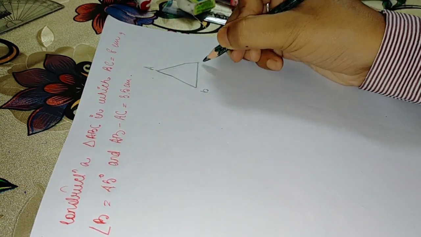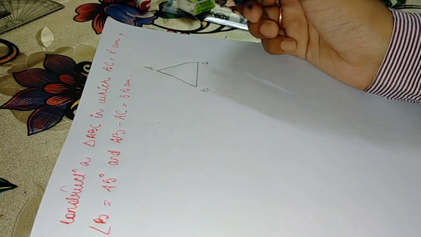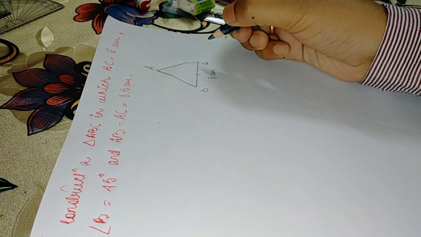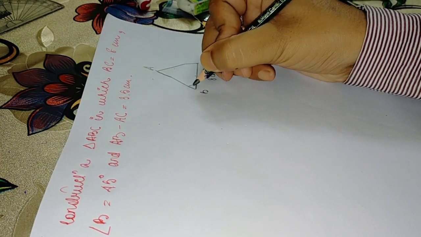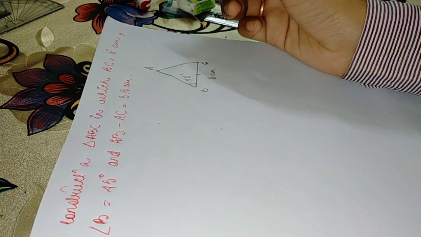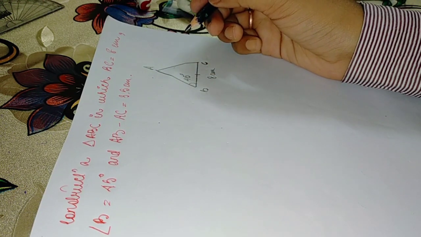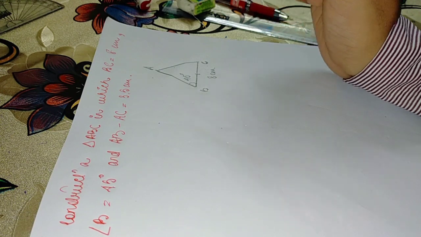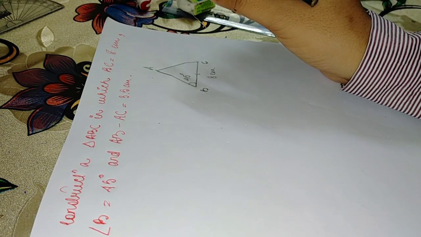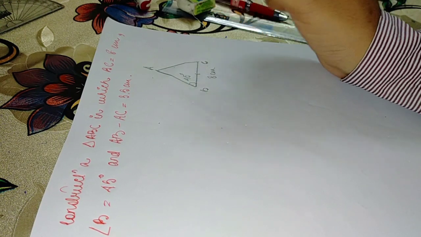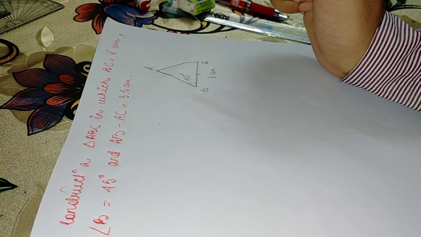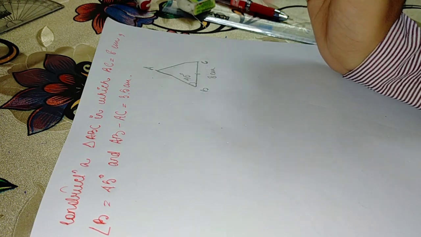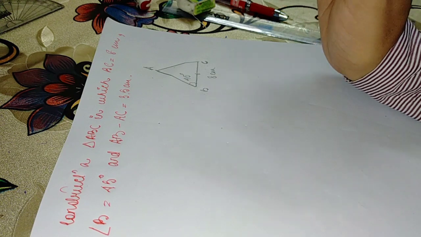A, B, C, let me name it out. Okay, here BC is equal to 8 centimeter. Fine. Angle B is equal to 45 degree. Now in the first video of construction, we have learned how to draw various kinds of angles with the help of compass and ruler, isn't it? And you can now understand how important that first video is.